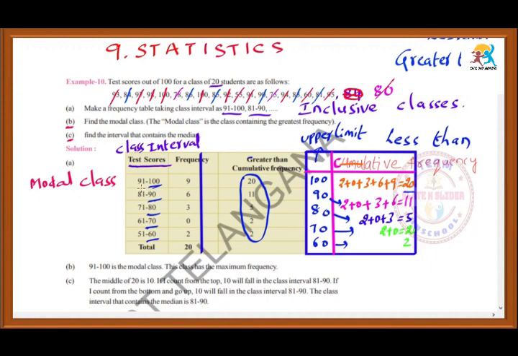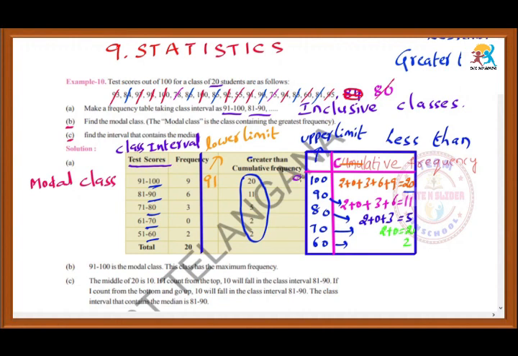That's why we have to take 91. What is 91 here? 91 is the lower limit. So while finding the greater than cumulative frequency, we have to take the lower limits or lower boundaries. Here I will write lower boundary or lower limit. So the lower limit is 91. Just check once. The number of students who got above 91